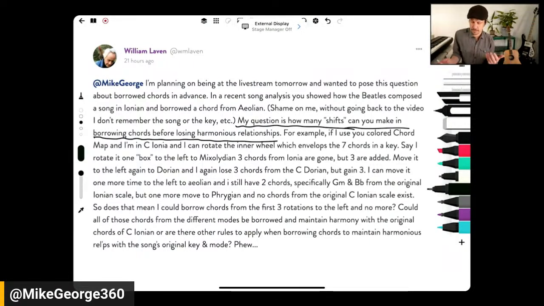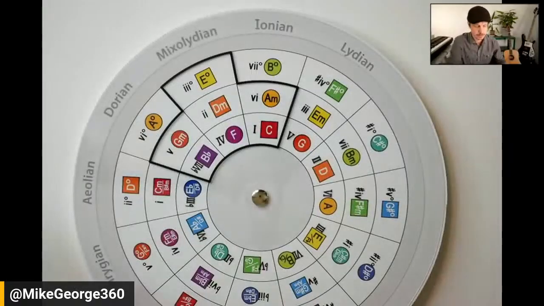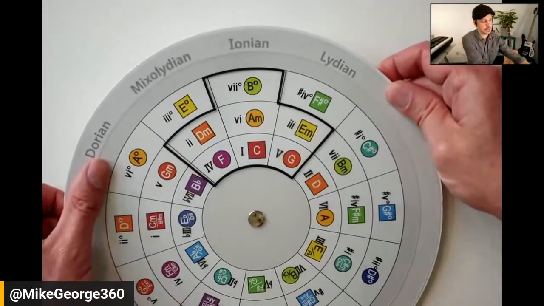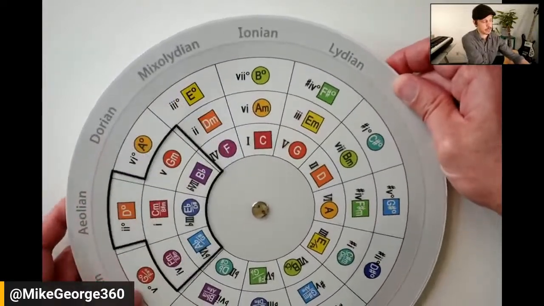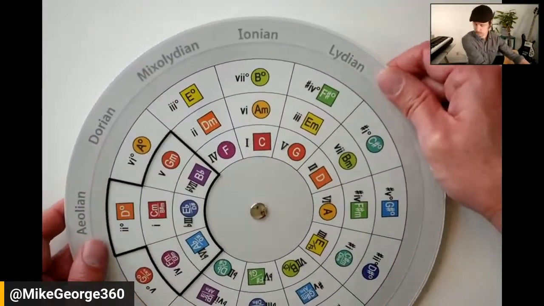if I rotate 1 box to the left to Mixolydian, 3 of the chords from Ionian are gone, but 3 are added, as we just looked at. Move it to the left again to Dorian, and I again lose 3 chords from C Ionian, but gain 3. I can move it 1 more time to the left, so Aeolian, and still have 2 chords, specifically G minor and B diminished. So we started Ionian, we're rotating over to Aeolian, and we have